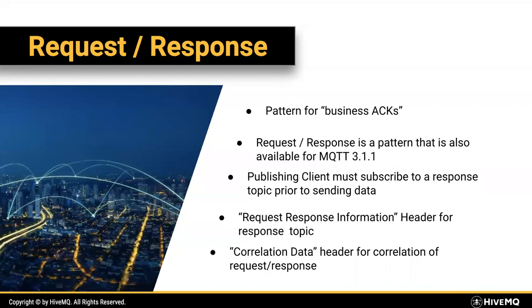So there's a so-called request response information header and a correlation data header. You can use this, and your consumer of a message can then figure out and read from the message it received where it should put the answer to which topic. So it can make sure that the producer of a message also gets the answer. So this is very powerful. It's a very small feature, but if you have this, this can really help you go away from large Excel sheets and conventions and really bake into your application how it should respond, and then also you can debug, of course.